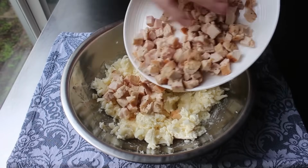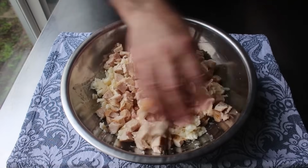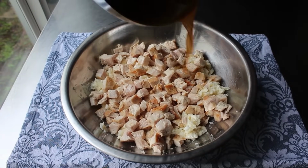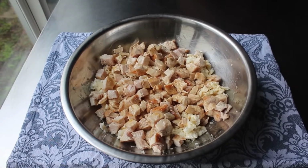And as you can see, I dice my chicken, but you could also shred it for a little different texture. All right, that's up to you. I mean, you are, after all, the Brittany Street of how you prep your meat. And in case you're wondering, that's my niece's name, and she's the only person I know that likes chicken parm